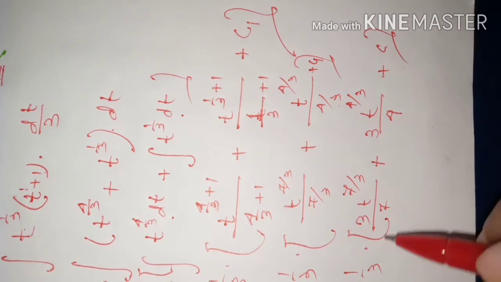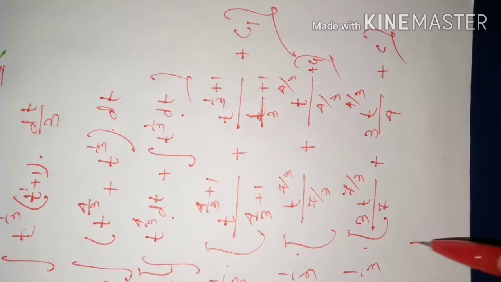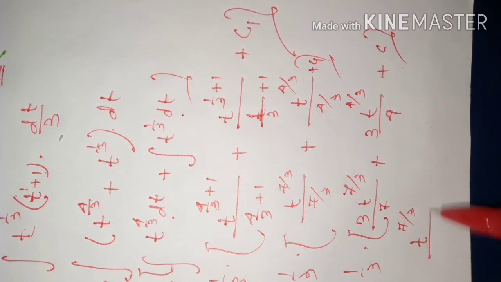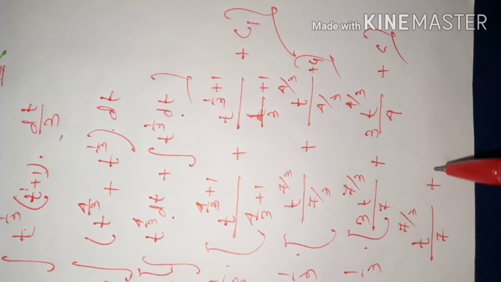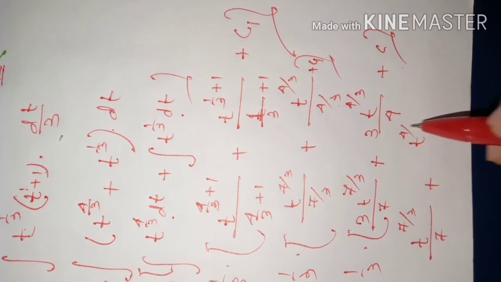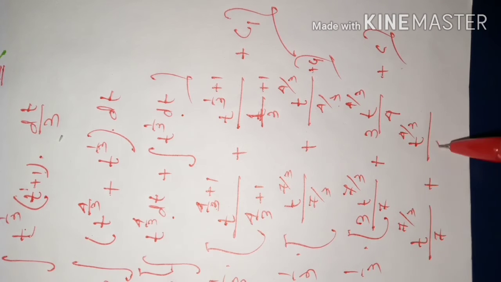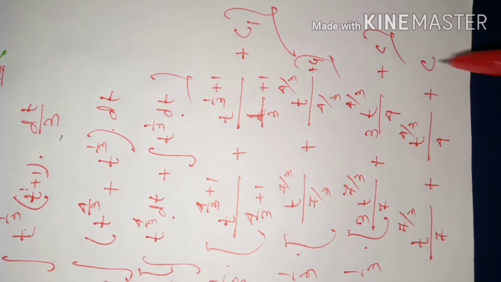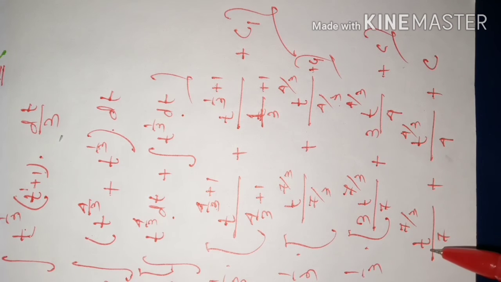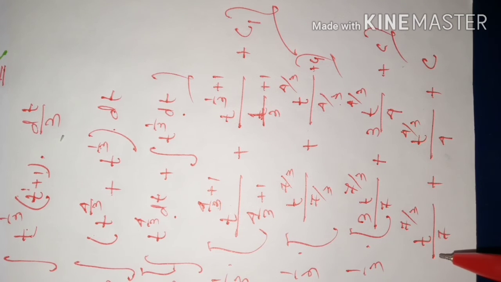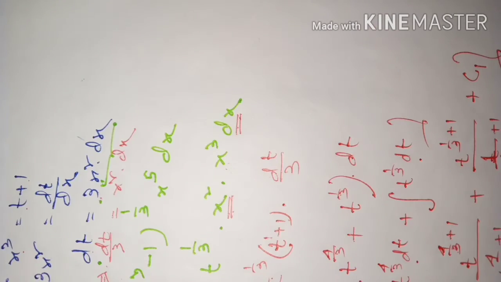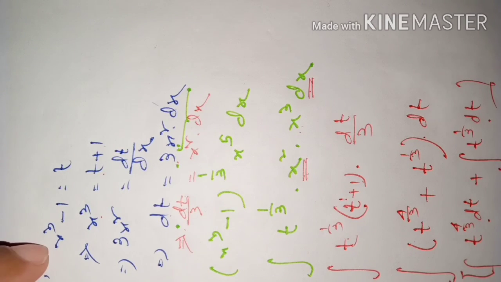By this 1 by 3, if we multiply over this, it will be t to the power of 7 by 3 by this 7 plus t to the power of 4 by 3 by 4 plus 1 by 3 into c, that is c. So this t stands for what now? You can substitute it. So t stands for x cube minus 1. You recall? This t stands for x cube minus 1.